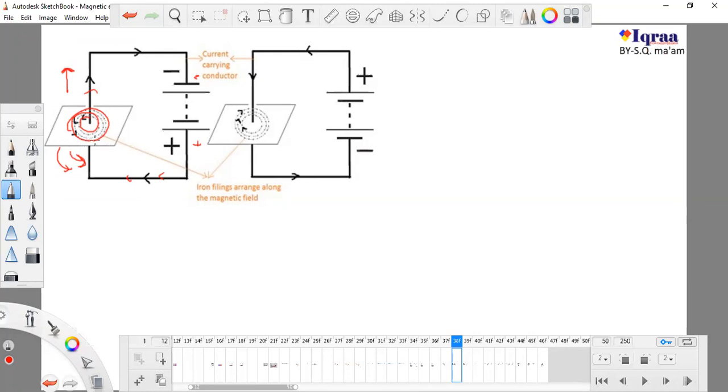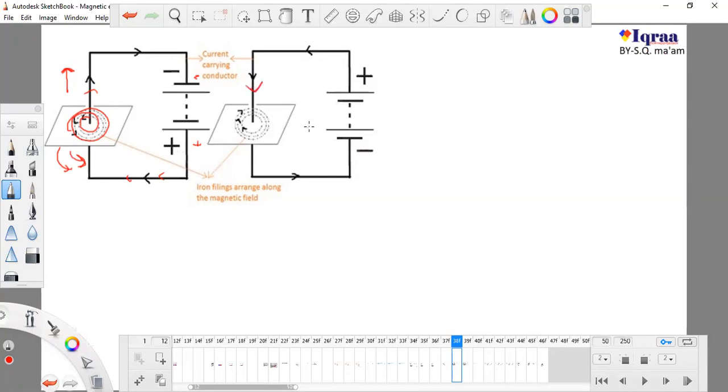Don't use your thumb. You can use your thumb if you are very much expert, or if you are a teacher, or if you are very aware of this. But if you are new, and if you are a student at this level, it is definitely very difficult for you to use your right hand thumb and find the magnetic lines. It will be difficult to find the direction of magnetic field lines just by using your thumb and fingers. It is much confusing. So just use a pen in this case.